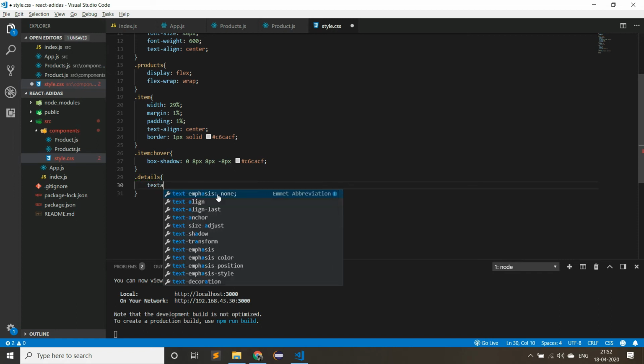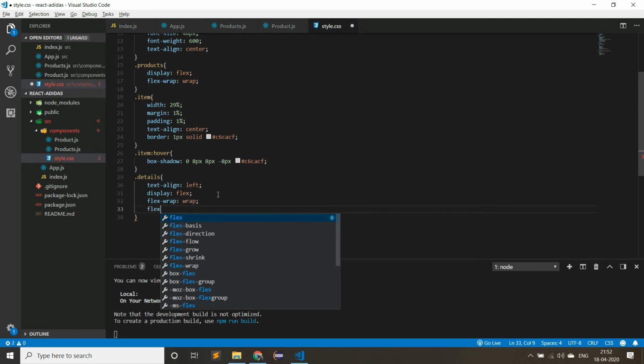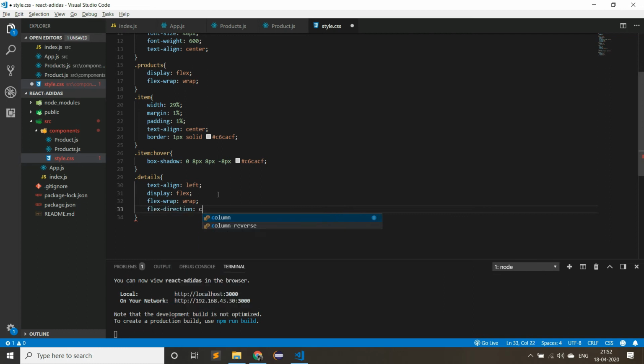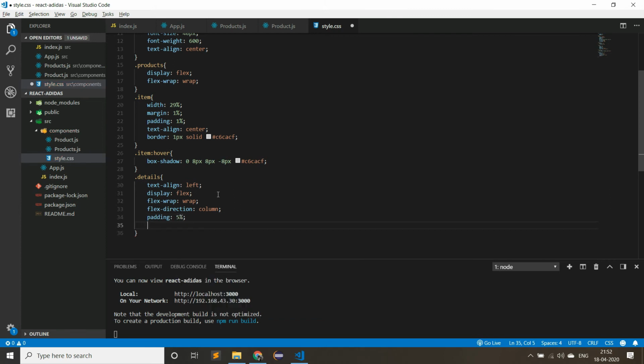Let us add some styles to details. Text-align left, and then display flex, and then flex-wrap equal to wrap. Then mention the flex-direction as column, and then padding equal to 5%, and then margin to be 1%.